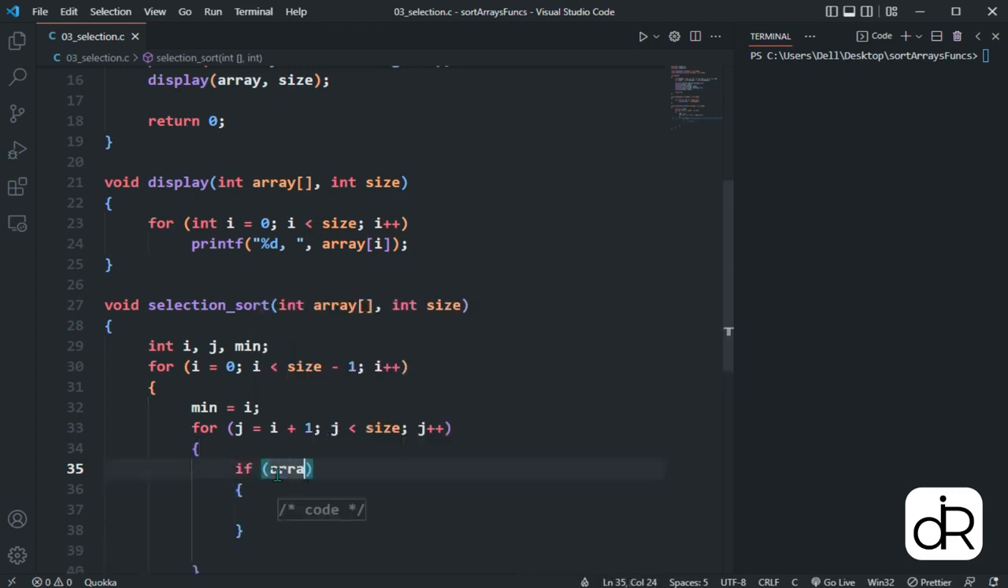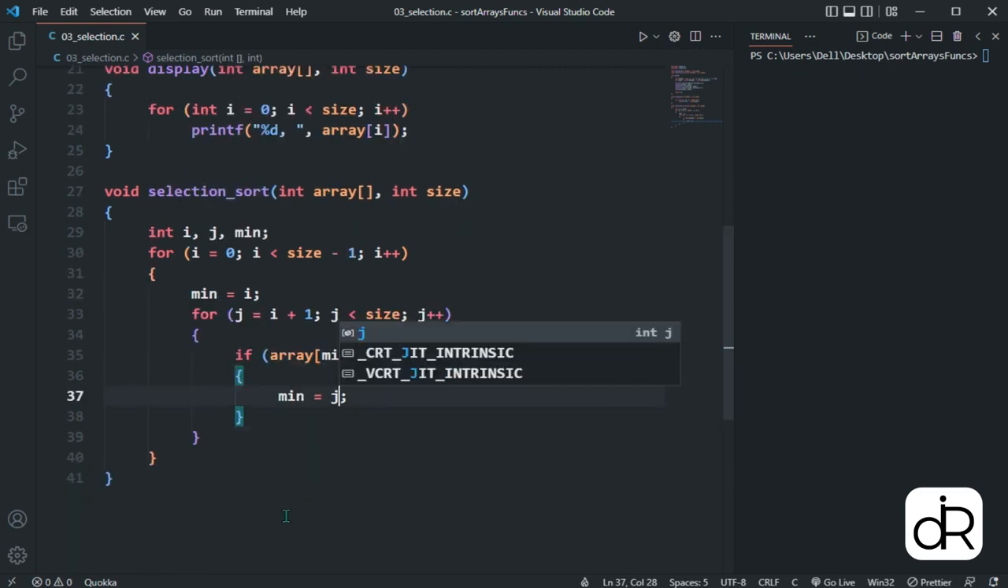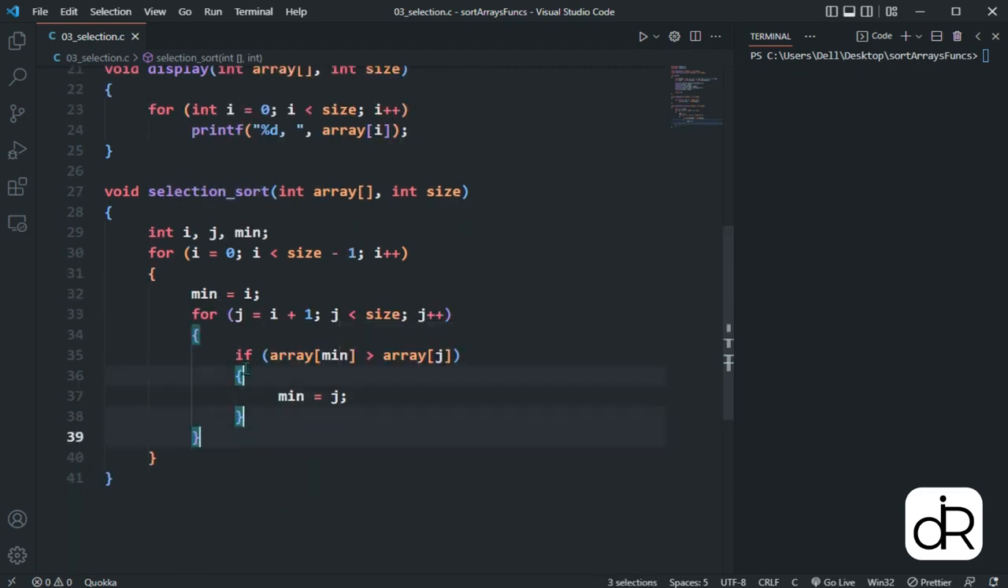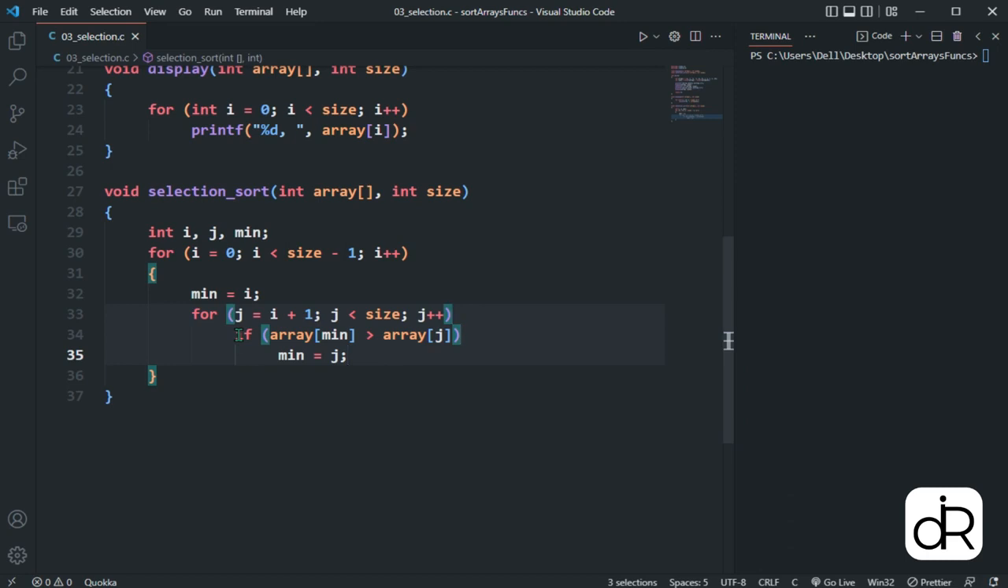if the array at index min is greater than the array at j. If so, we're going to let the min take j instead of i, like this. Let me reduce this curly bracket to show the code well. Okay, like this. So here, if the min is not equal to the i,